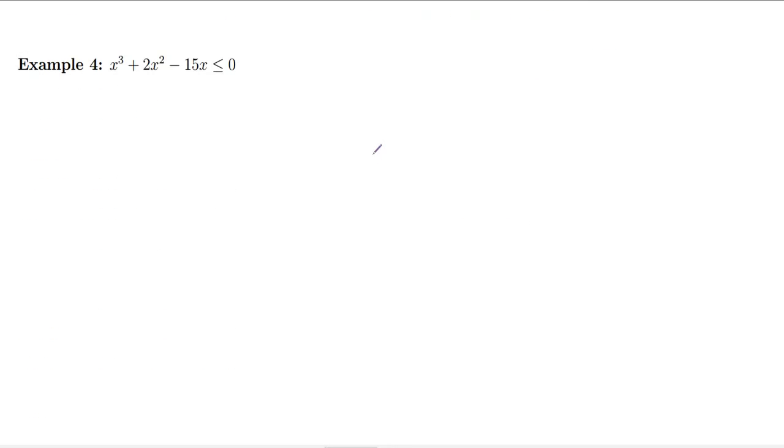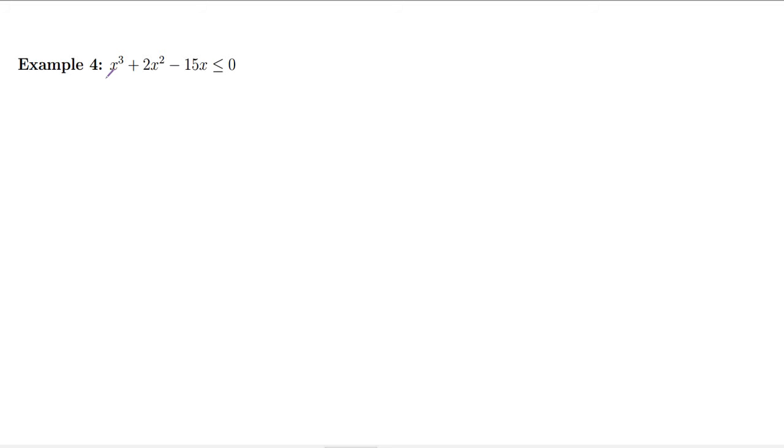Okay, now we're going to use the same exact procedure, even if you have something more complicated than a quadratic. If you have a cubic and so on, you just have to figure out how to factor that thing. So looking at this, what do we have? All right, so we have a cubic. Well, the only types of cubics that I'm going to ever give you to factor are the following. It's either going to be a sum of two cubes, which we have that factorization form, a difference of cubes, which we also have a formula for, something that you could factor by grouping, or you have a very clear common factor that